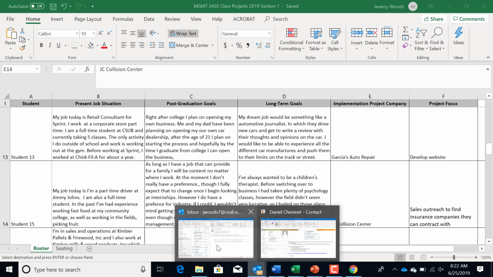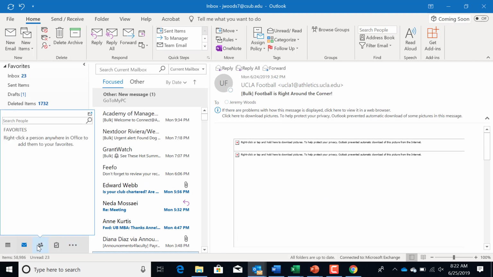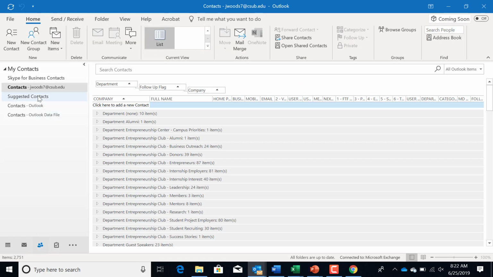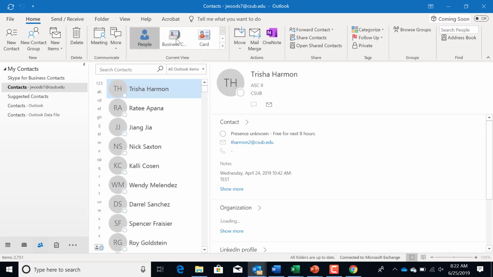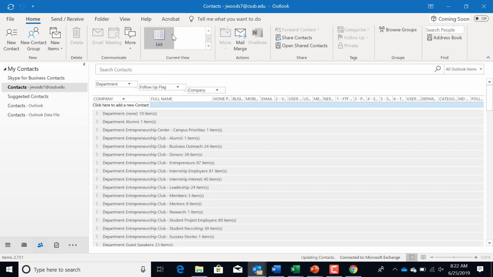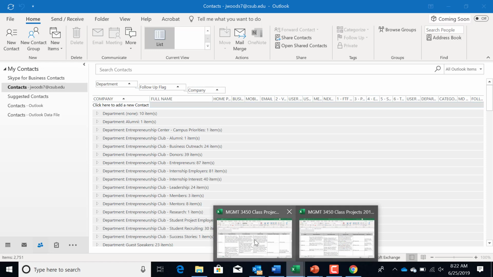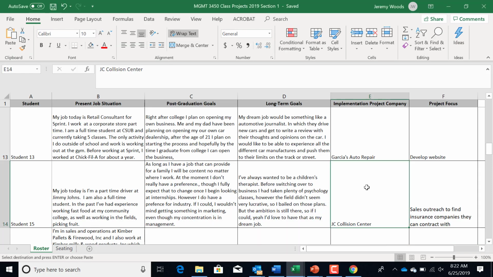As soon as I've resolved some of the problems that folks are having with the contact database right now, you'll be able to see a contact database that looks like this. Or when you first open it, it might look like this, but then you just go to the top of the page here and select list, and it should list things in a way that's a good overview for you. So if you wanted to write a story about JC Collision Center and how the project turned out, then